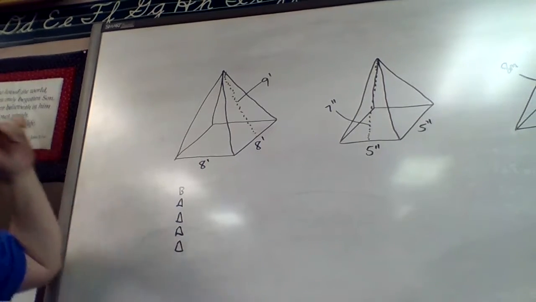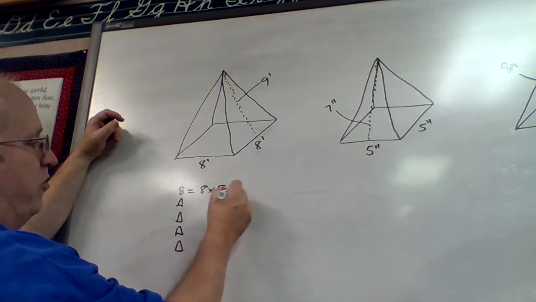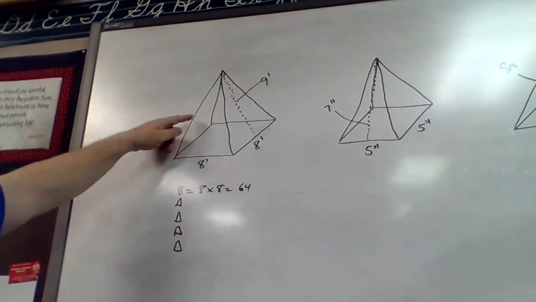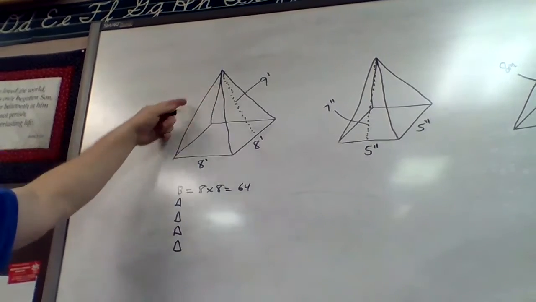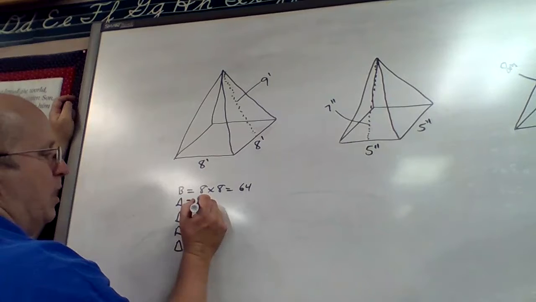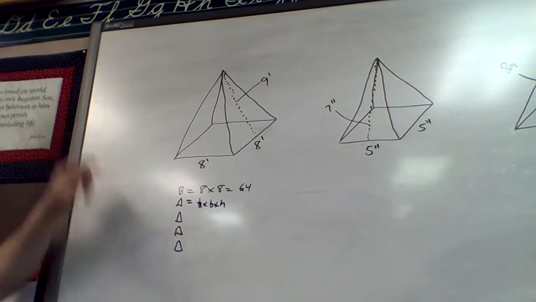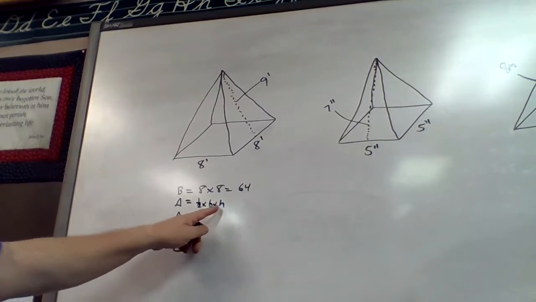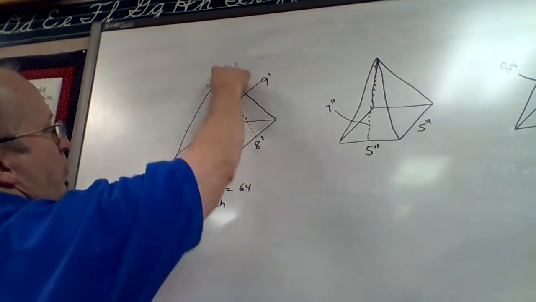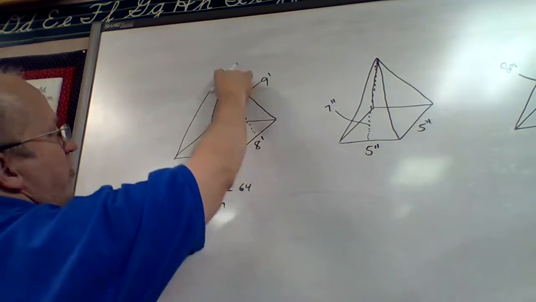Let's work with the base first. Isn't it 8 by 8? So our area of the base is 64. You bet. Now, all of these triangles on top here, front, back, left side, and right side, they're all the same dimensions. So we're going to be able to use the same formula over and over again in this problem. 1/2 times base times height. And what's the base? The base of the triangle in this case is 8, and the height is this 9